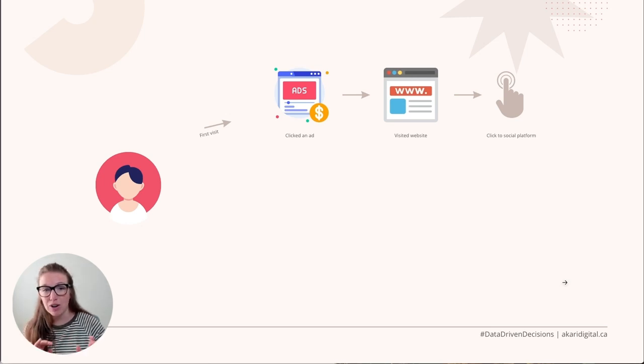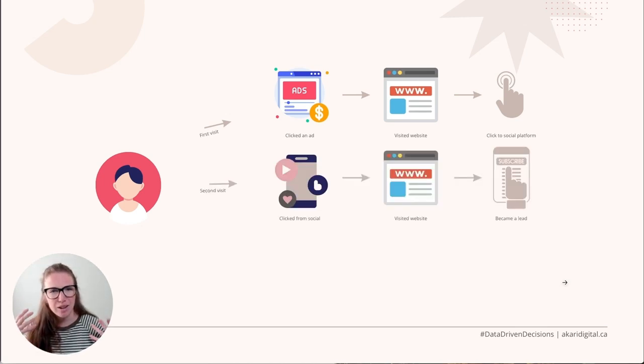Maybe they poke around on a couple different pages and then are like, okay, I kind of like what I'm seeing here. I'm gonna go look deeper at their Instagram and I'm gonna see what they're all about. So they click over to your Instagram. And then, maybe they follow, or maybe they're just like, okay, that was cool, and go on and about their day. And then the next day, they see an organic post of yours. And then they're like, oh, right, I was interested in that person. They go to your link in bio, and they click through to your website again.